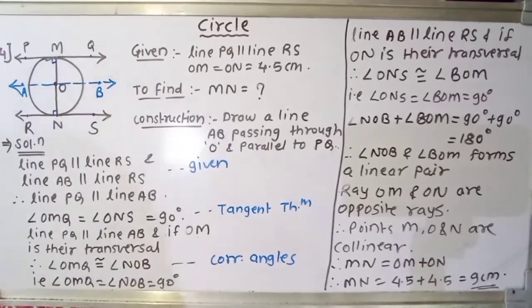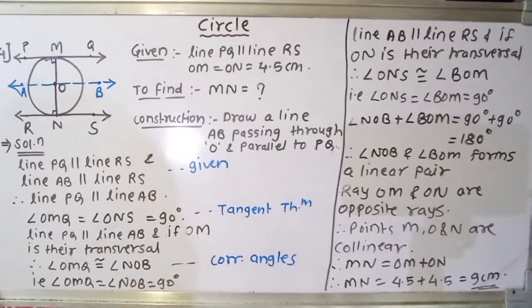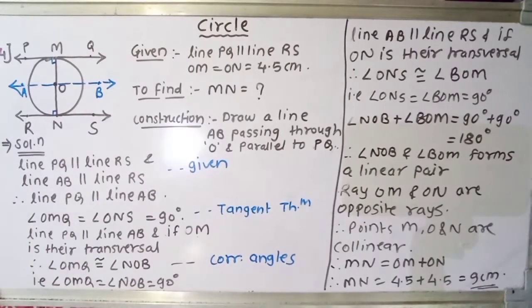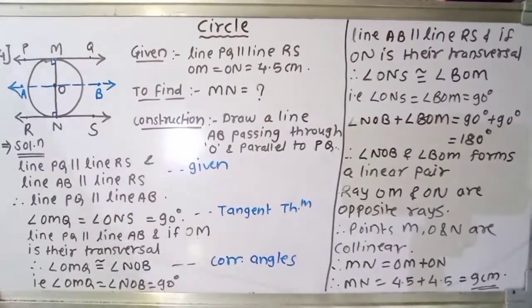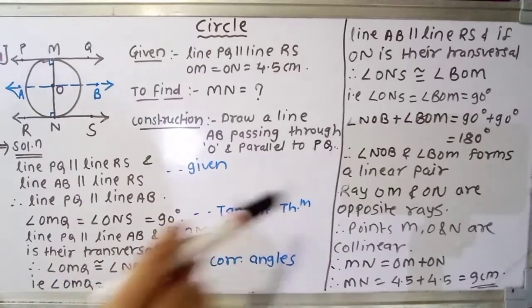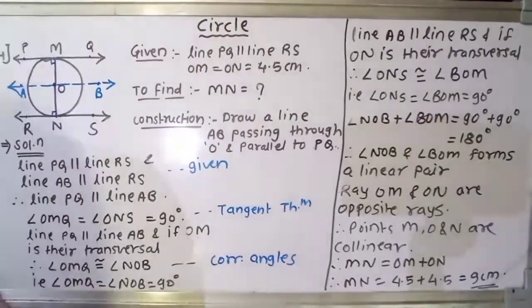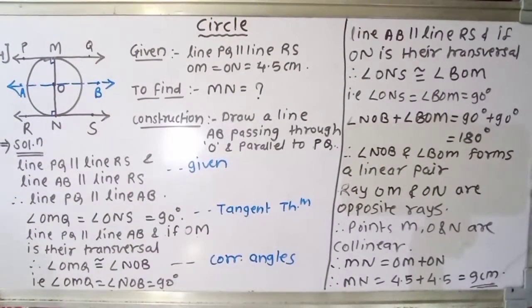What is the distance between two parallel tangents of a circle having radius 4.5 centimeter? Justify your answer. Students, if you see the solved question, example number 2, you can easily solve this question, but here I am giving you a different approach to write this. You can solve by that method also. In fact, that method is simpler than this. But see, what is the question here?